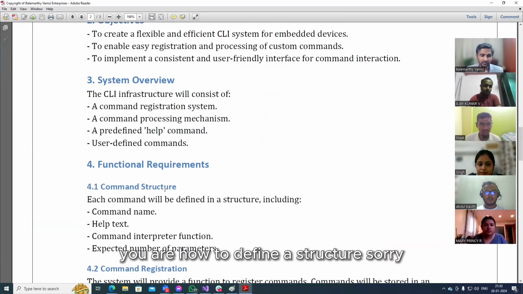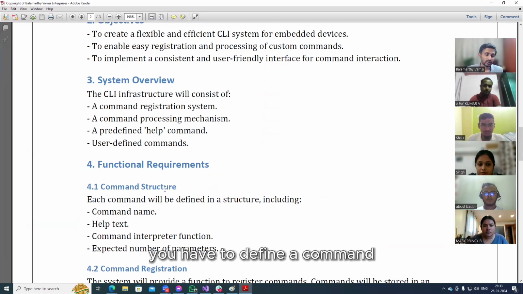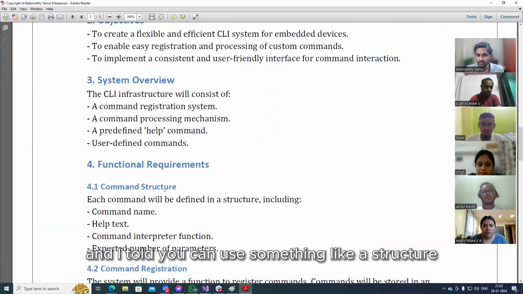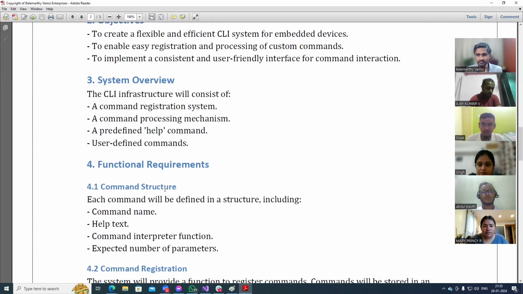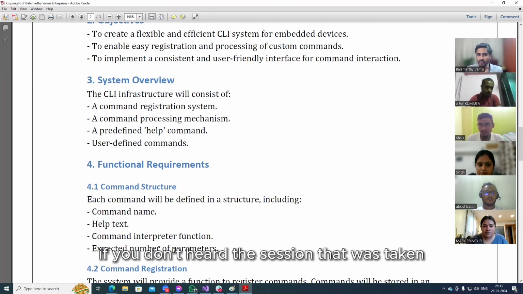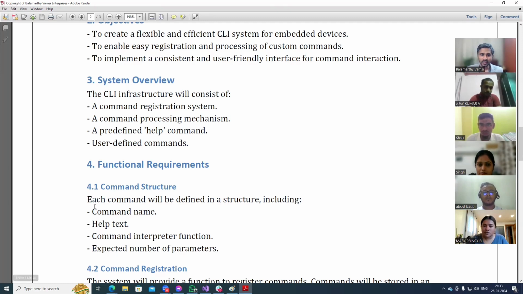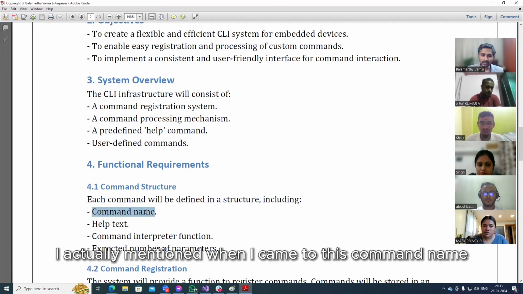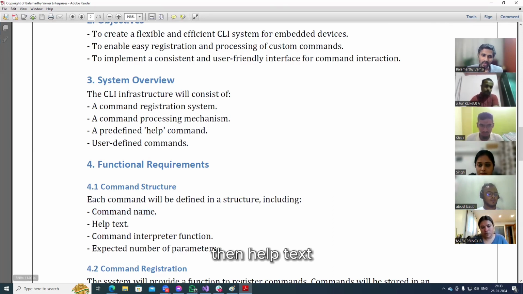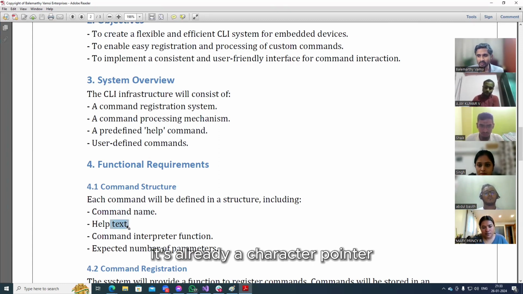You have to define a structure. Sorry, you have to define a command. And I told you can use something like a structure. And what are the parts of that structure? If you would have heard the session that was taken, I actually mentioned when I came to this command name something like char star. I told character pointer, right? Then help text. The moment you see text, it's already a character pointer.